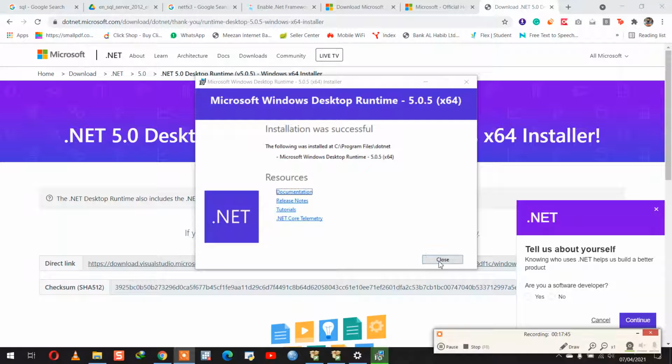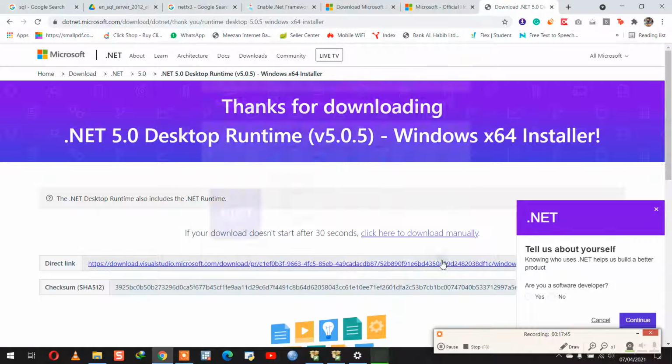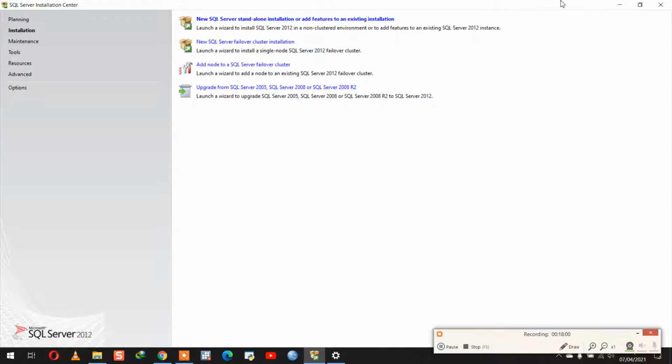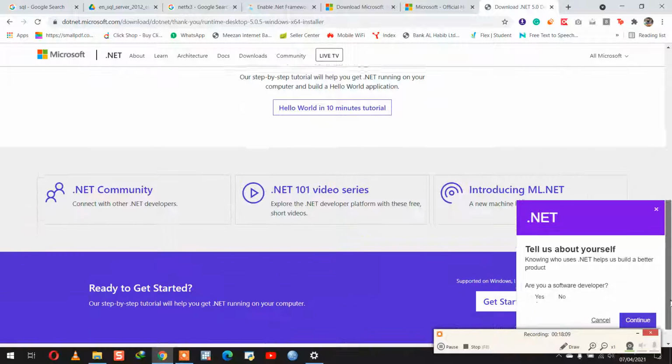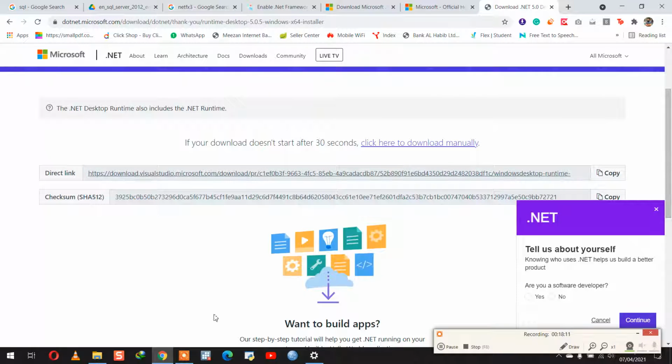Okay, so I think everything is done. So now let me restart my PC and let's see. So now I'll be restarting my computer, and I hope that after restarting it, the